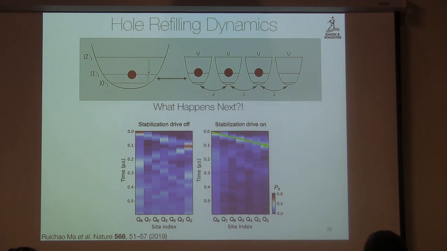We're hoping to use it to see topologically ordered many-body states of light. I think there are all kinds of really nice opportunities there. So I think with that,